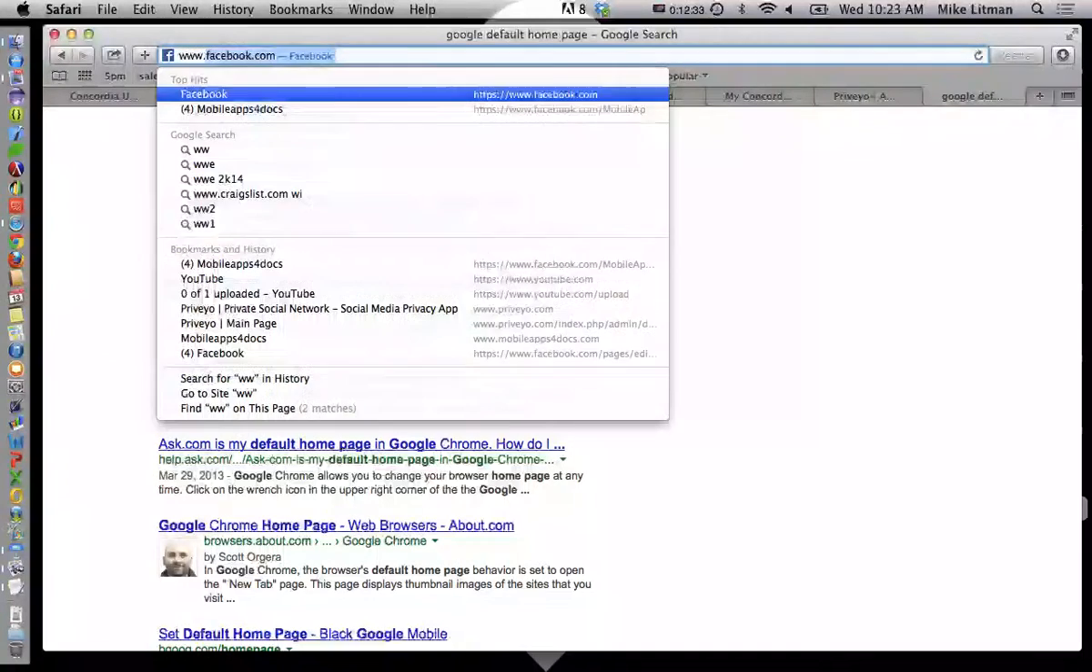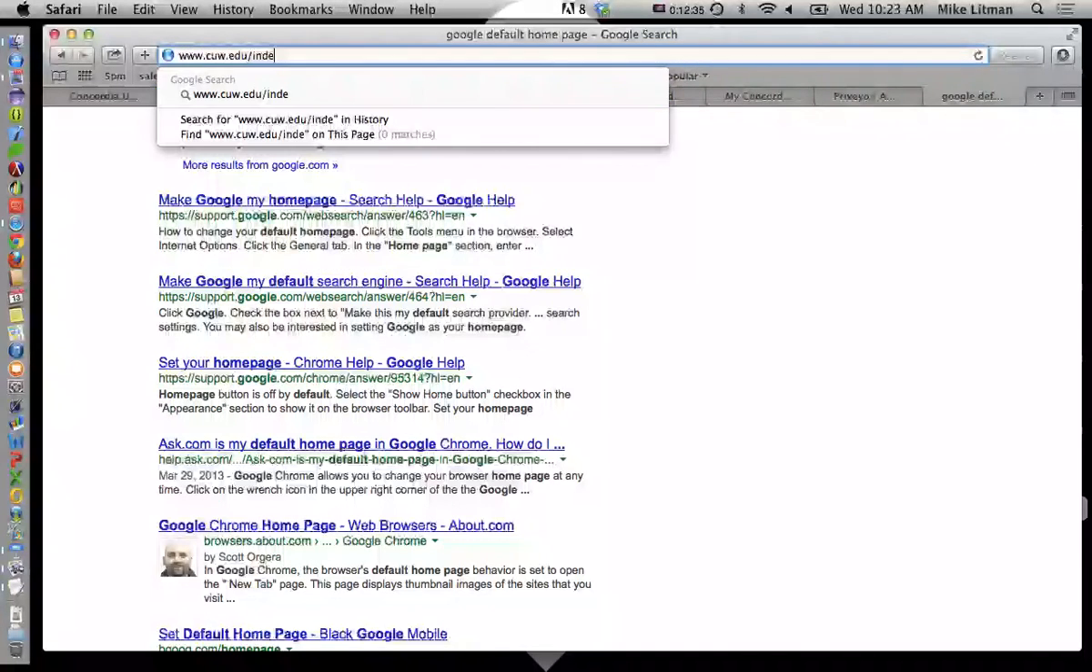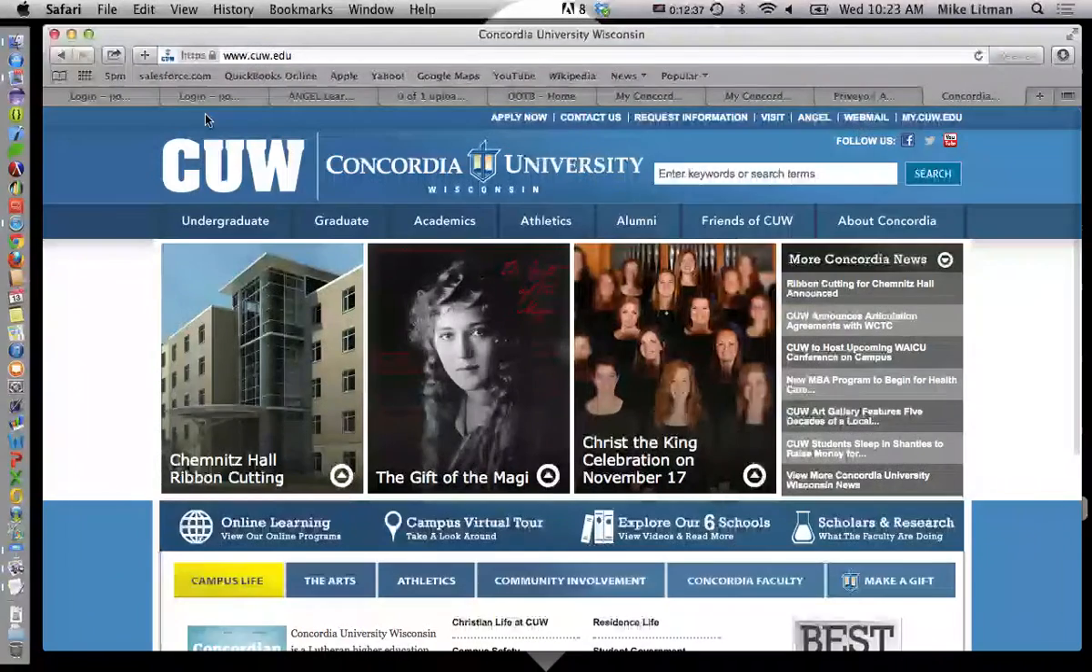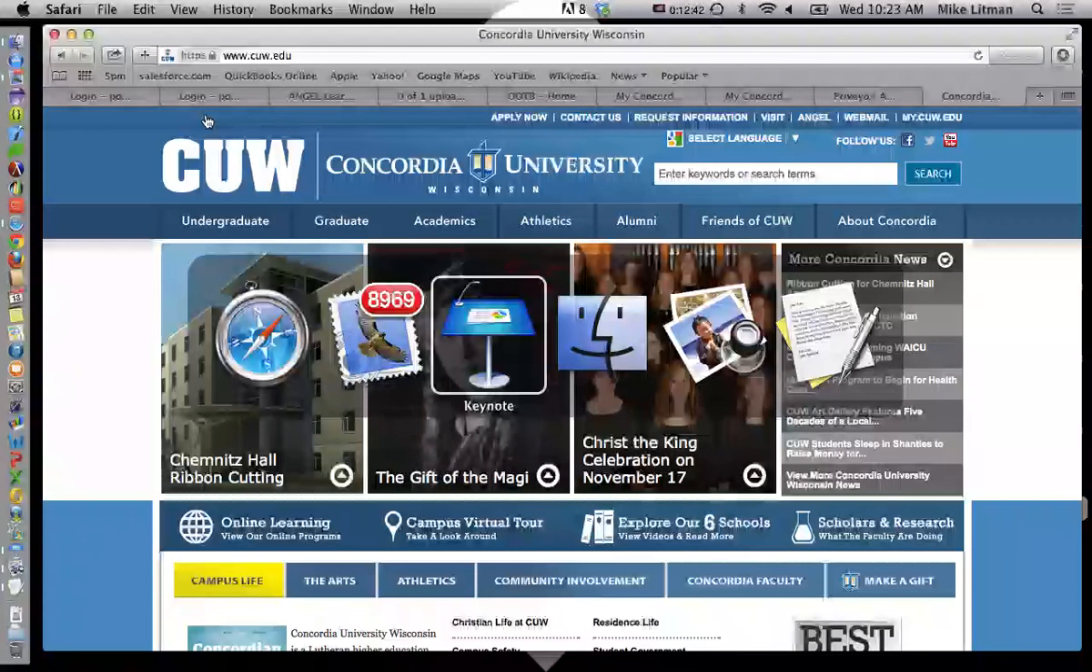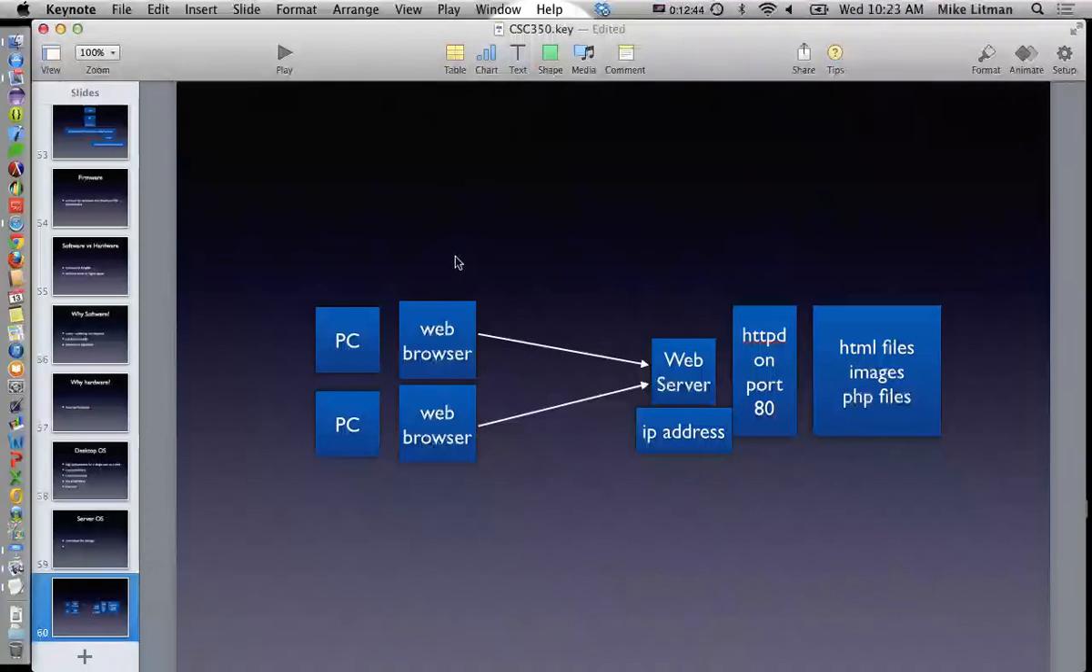So if I go to www.cuw.edu, that takes you to Concordia's main page. So Google must be using an interesting web server, maybe one they wrote themselves. So in any case, the web browser is going to ask for index.html, which is going to ultimately talk to,